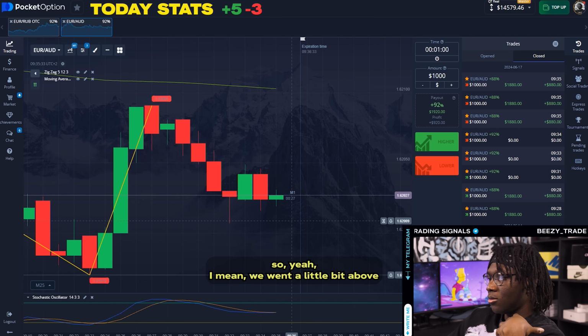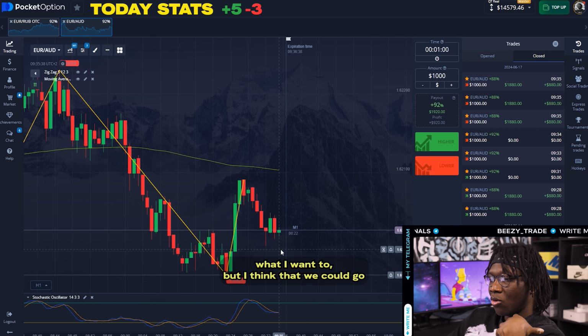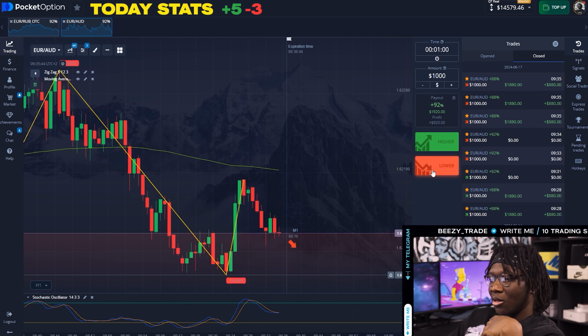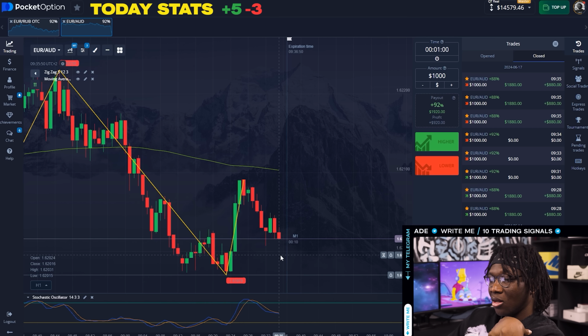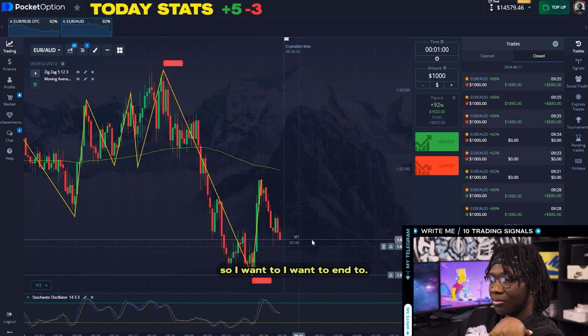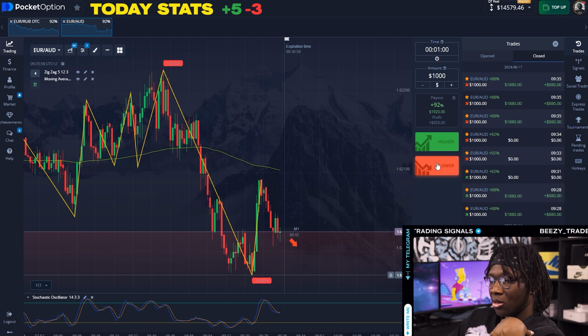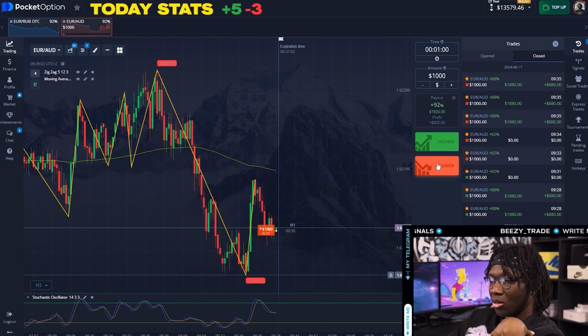So yeah, I mean, we went a little bit above what I want to, but I think that we could go one last trade so we can get some nice profit, because it's only about 1,500 profit we've made. So I wanna enter right as the new candle is gonna start. I think it's gonna pull up a little bit. I'm gonna enter into